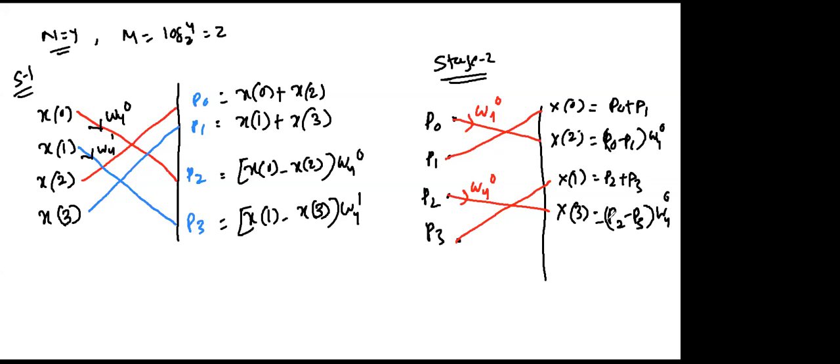Okay. Clear all of you? Sir, it's not reversed, sir. It is reversed only. You take DIT. If you see DIT, stage 1 is first, second, third, fourth. Stage 2 is first, third, second, fourth. Just to verify this with DIT. Are you getting it or not? Simple. It's opposite.